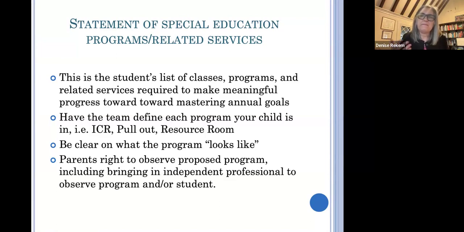Because we've found when we talk to parents, when they come to us, that sometimes what they thought the program was is not really what the program was. There's a miscommunication. For instance, let's say the placement is pull out replacement for language arts, or pull out replacement for math. Well, the word replacement means that your child is not getting the same curriculum in that classroom as the students in the general ed classroom. So you need to ask questions about that.